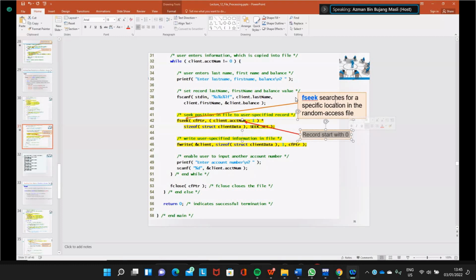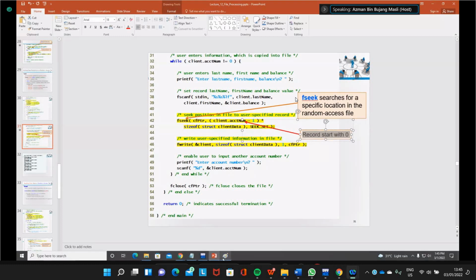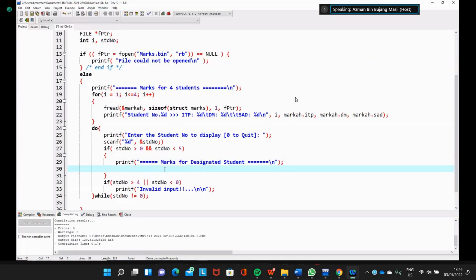So if the user wants to access student number 1, then we know it is the first record. The first record actually starts at 0, so we just go to that location. How to go to that location? We know what the user wants to search, which is the student number.